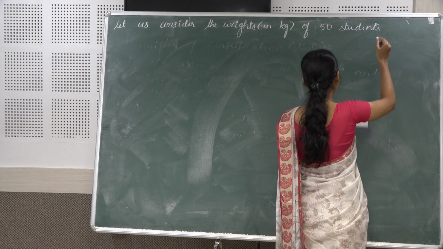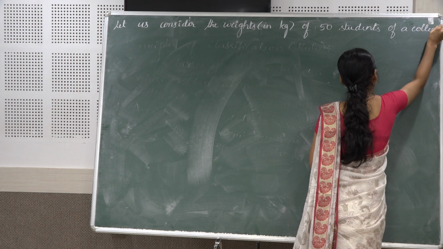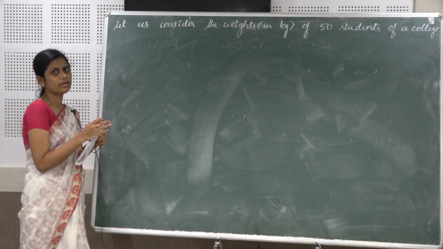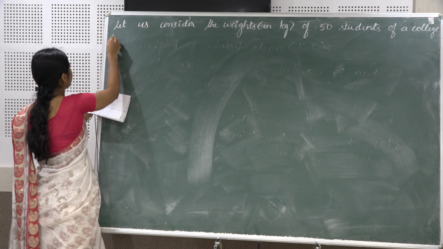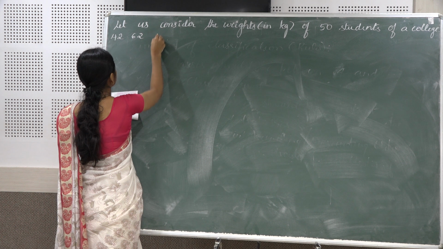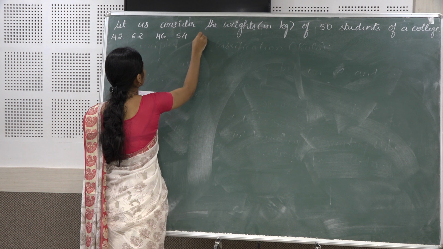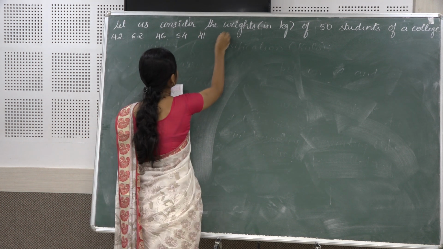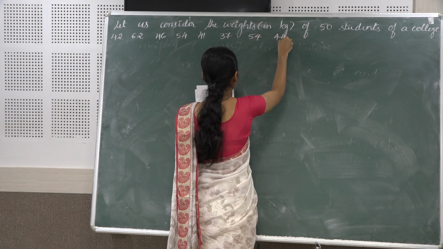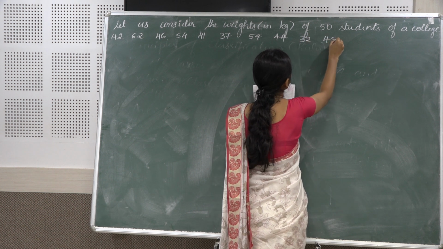50 students of a college. Weights, that is here, weights of 50 students of a college is given. Weights are 42, 62, next 46, 54, 41, 37, 54, next 44, then 32, 45, 47,